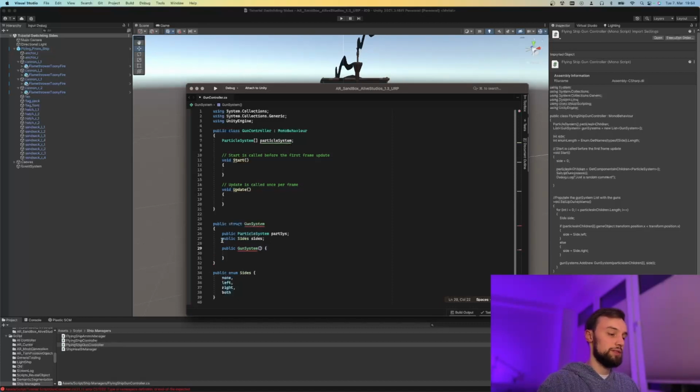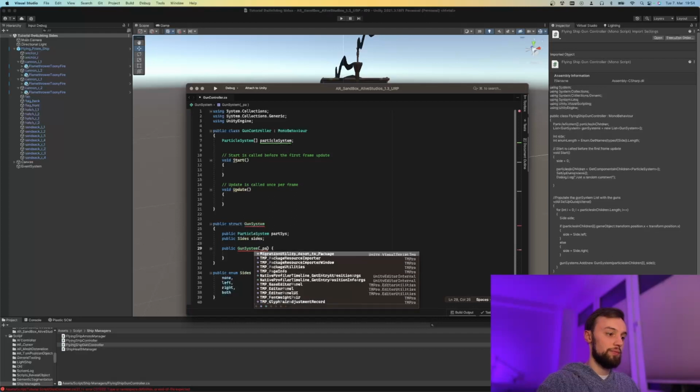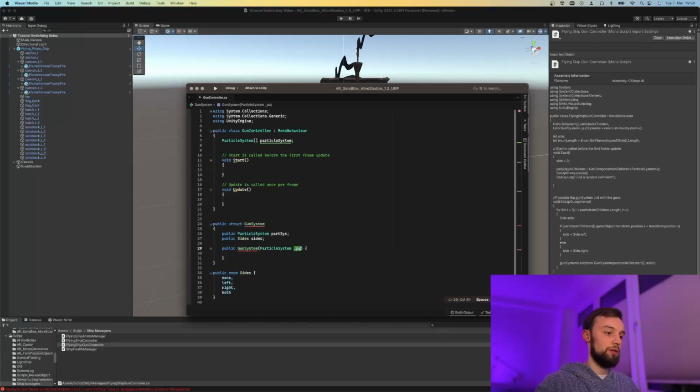So we want to say, okay, we need a particle system that we want to call part sys underscore part sys, because obviously it's going to come from somewhere outside, but we need to determine where this is going to go, and then we're going to have a sides